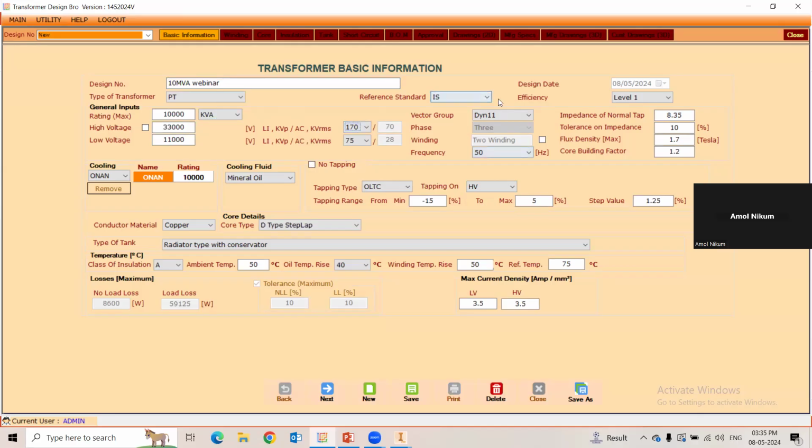Then the reference standard, let's say IS. Then vector group: software has a delta delta option, delta star option, delta star star option. So these all options combinations are available. Then efficiency level, level 1, level 2. Again, the losses, you can see on your left hand side, the losses will be decided based on this. And you have an option to change the losses as per your customer demands. Then impedance is suggested by the software automatically based on the reference standard. Even the tolerances are suggested by the software. Flux density, core building factor, then cooling types,